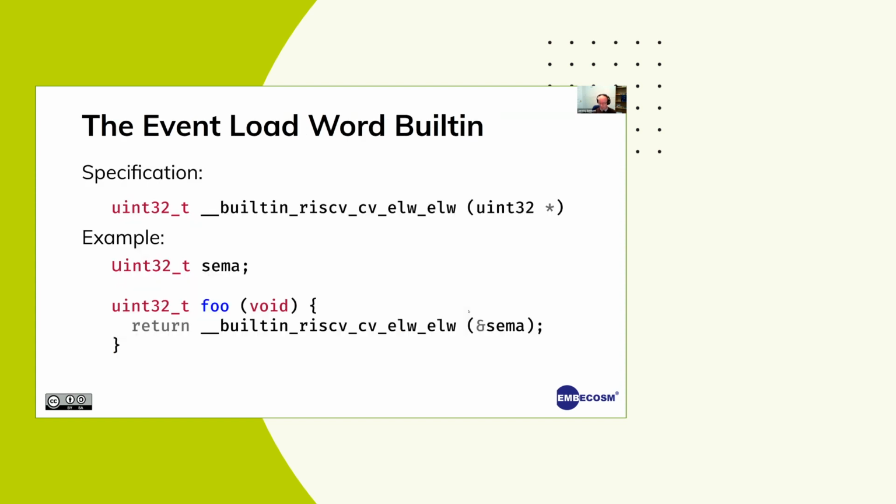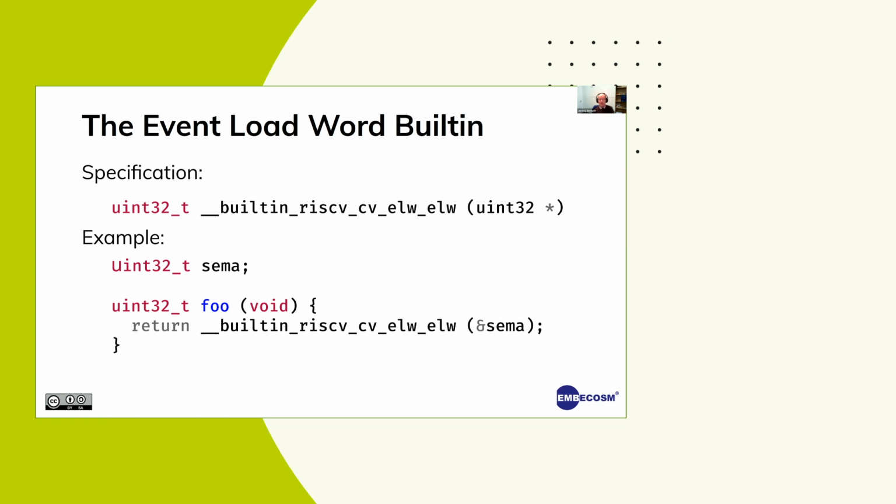All right. So let's look at the built-in. So we're going to define a built-in. This is something that loads from an address in memory. Apologies, that should be 32T, not 32. I've mistyped the slides. So it's a 32-bit pointer, and that will generate an event load word, which puts something in RD. Well, we may as well pick up RD, so the function can return the result of what's in RD. Okay, so UN32T.